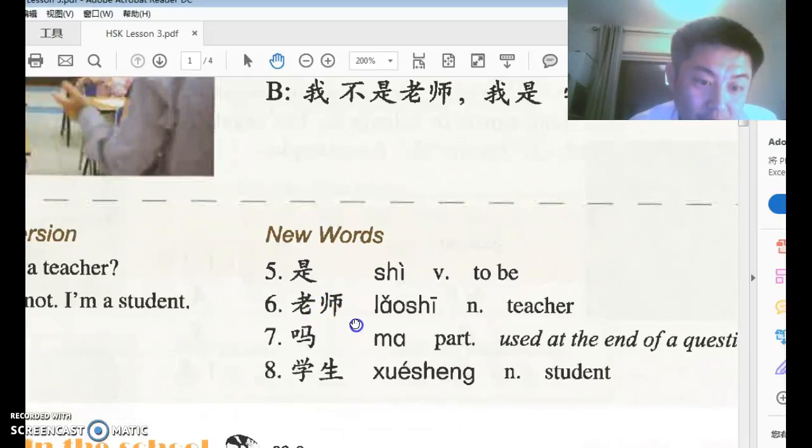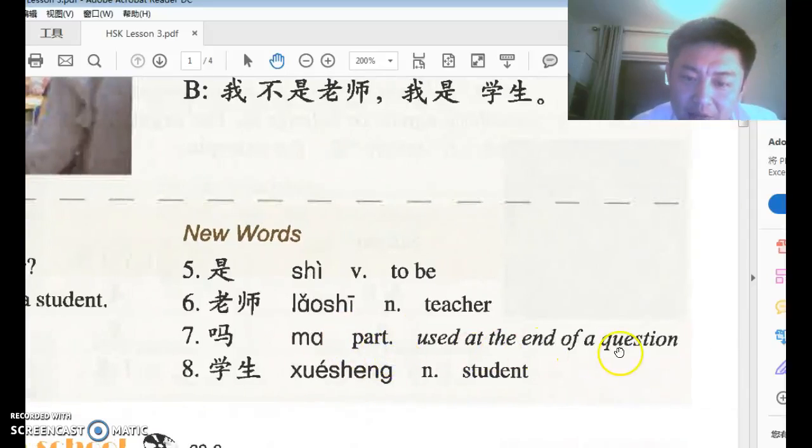Okay. Again, if you understand the difference between a character and the word, you understand what I'm trying to say. 吗 is something very strange. It's a modal particle used at the end of a sentence to form a yes or no question. Not any question, but only a yes or no question. Not a WH question, like what, how many? Those are WH questions. Right? Can I? Do I? Can you? Are you? Those are yes or no questions.